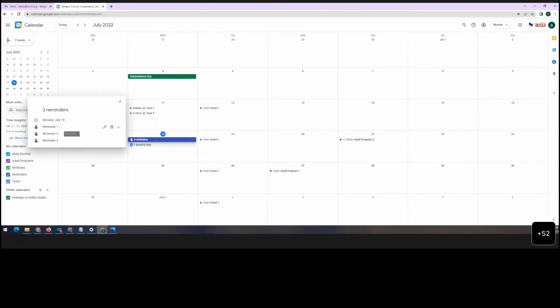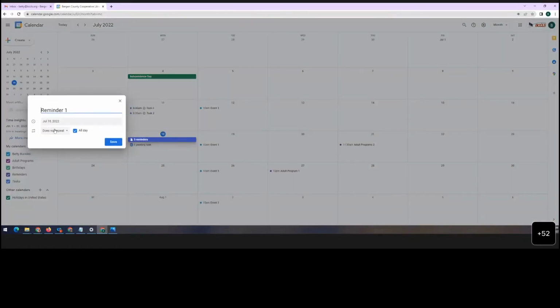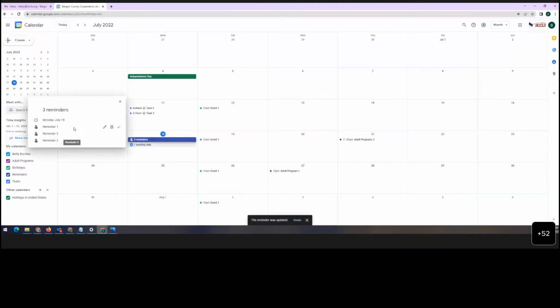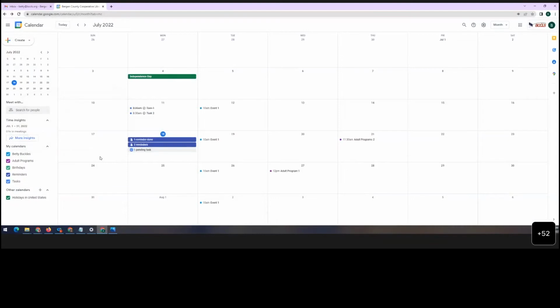If you just hover over, you see over here, I can edit them. And I'm just going to click on that edit. So you see reminder 1. It just has the basic information. And today's date is listed here because it still hasn't been done. So go back to those reminders. As soon as I mark it as done, it will cross it out and it will no longer be listed under my reminders. So this is a tool that I use a lot because I get a lot of requests